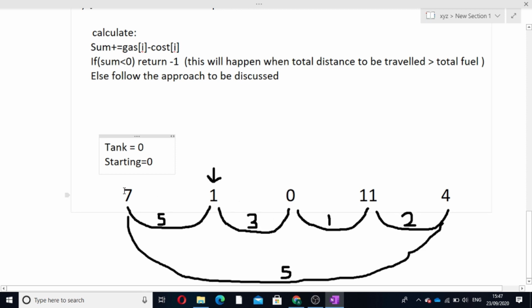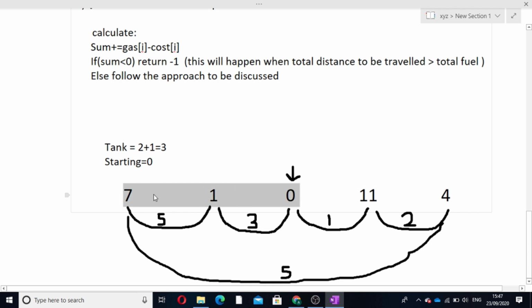But if we had considered this trip in our answer, we would have started our tank with an initial capacity of 2, and then when we added 1 to it, it became 3, and then it was possible for us to move in this direction. So this was certain pre-computing which we do not have to do again and again.